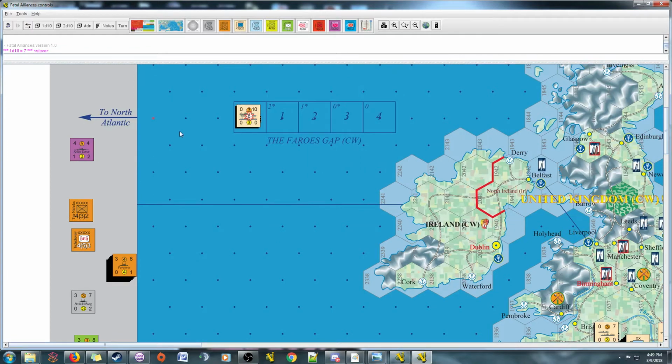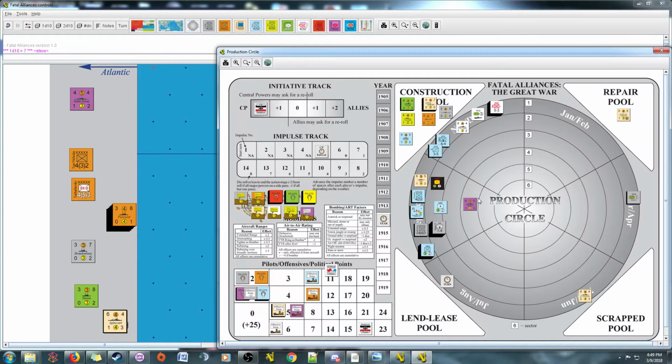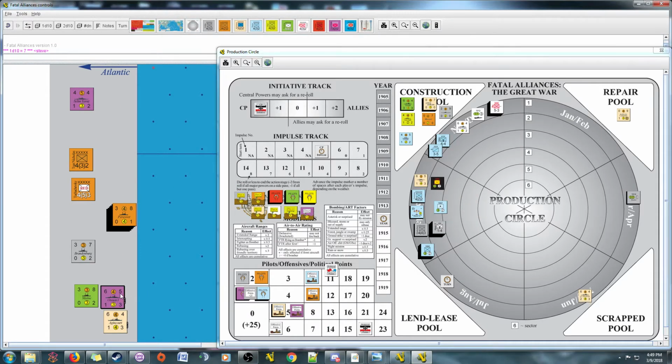So, if the Commonwealth does nothing, then the Ottoman Empire is going to get this ship. I suppose if the Ottomans don't become activated by September, October, when this would be built, it will just be included in their setup. But the Commonwealth can instead say, well, now we're going to get the unit instead,